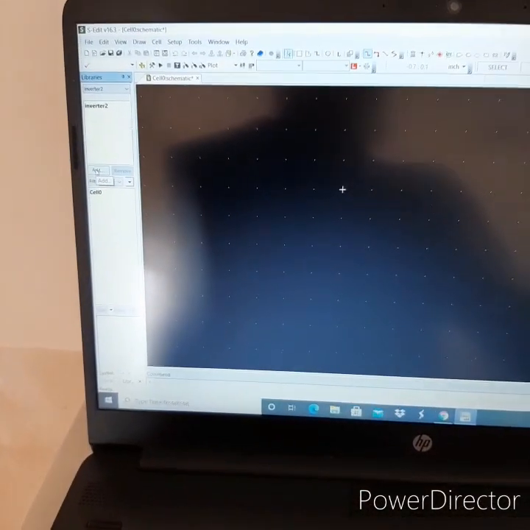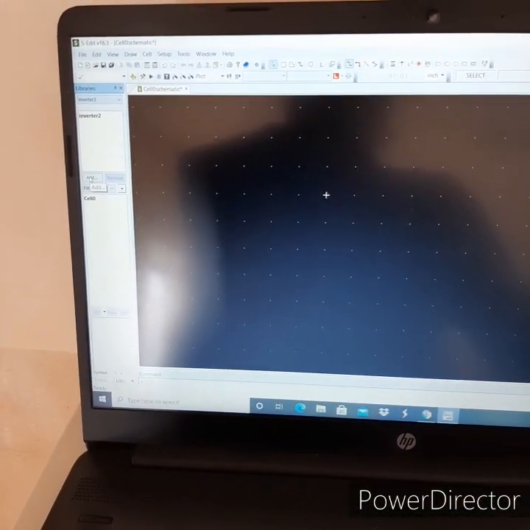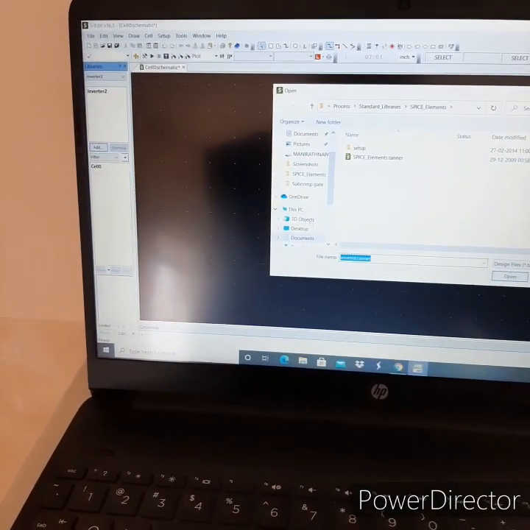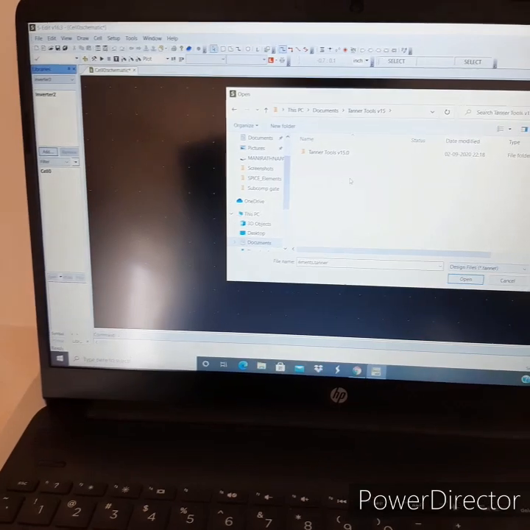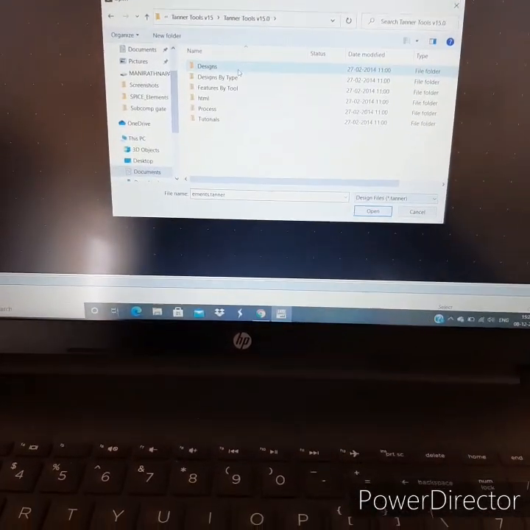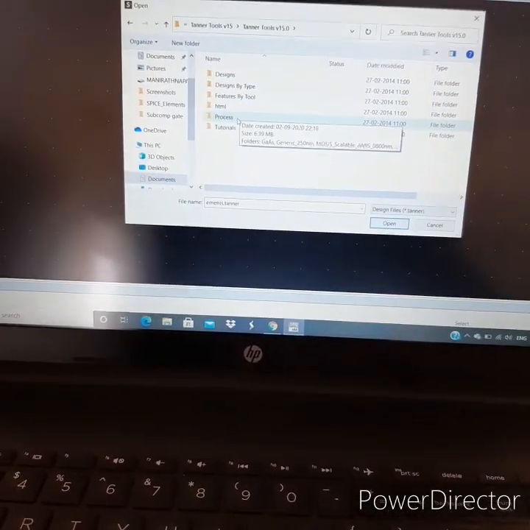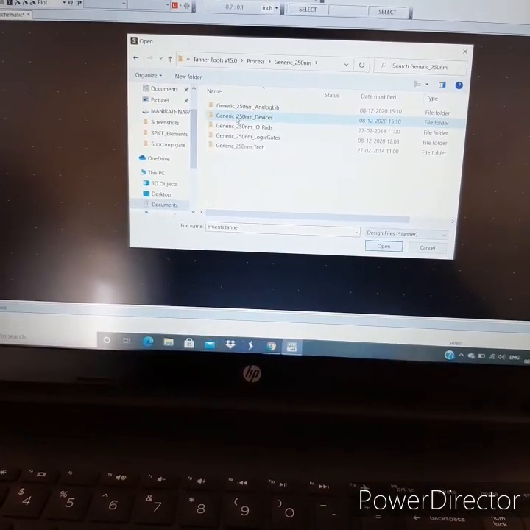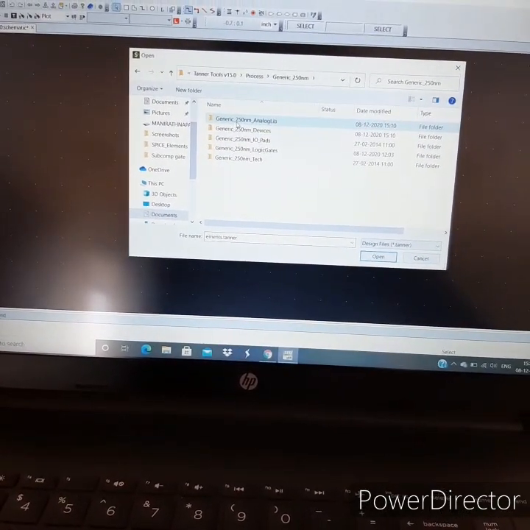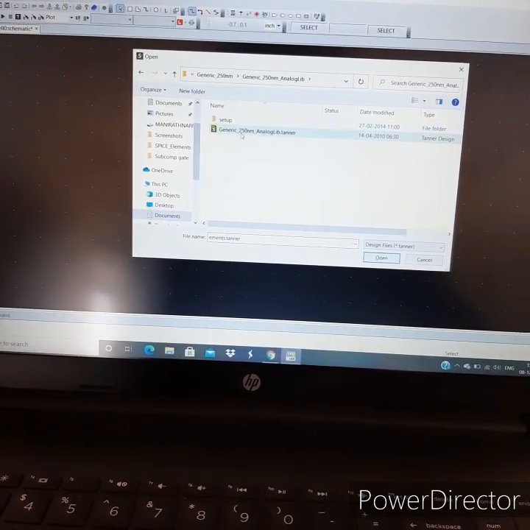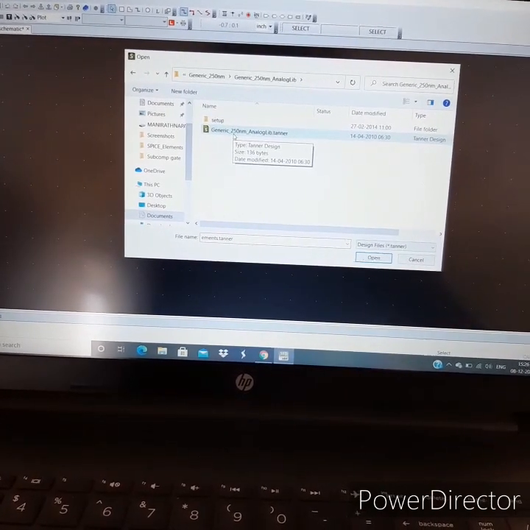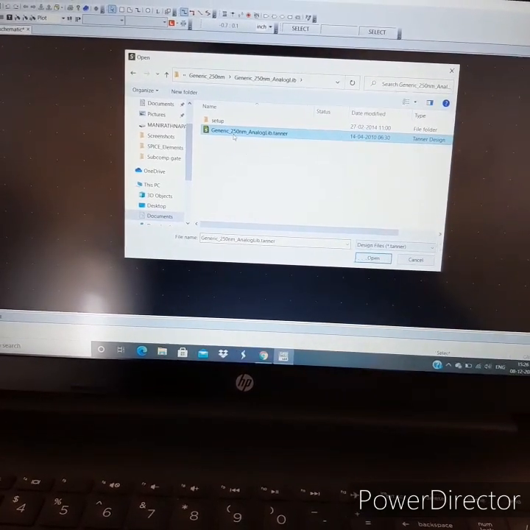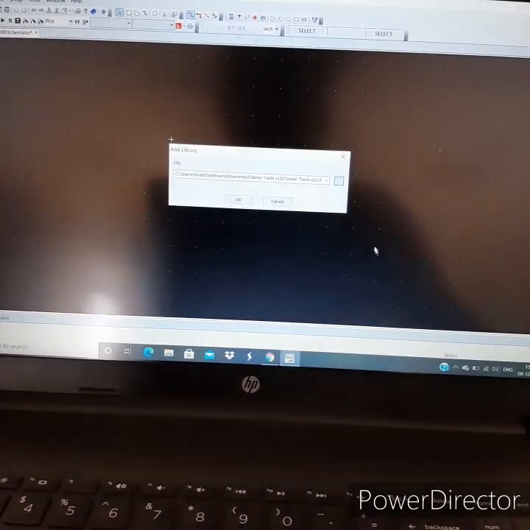We have to add some supporting files, so click Add, then browse and go to Documents, then Process, Generic 250 nanometer, then Generic 250 nanometer analog library, then click the file generic_250nm_analog_lib.tanner.